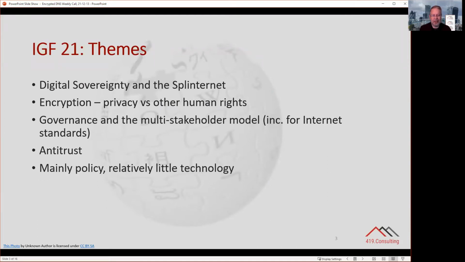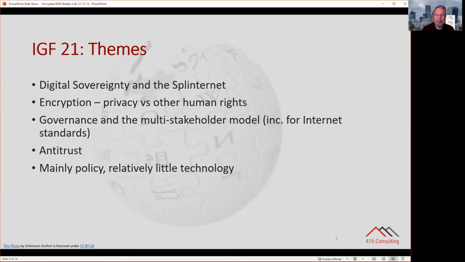Bear in mind, I selected the sessions, so I'm not pretending this is entirely representative of the whole event. But just to give you a feel for what came up, in the order I put them on the screen,